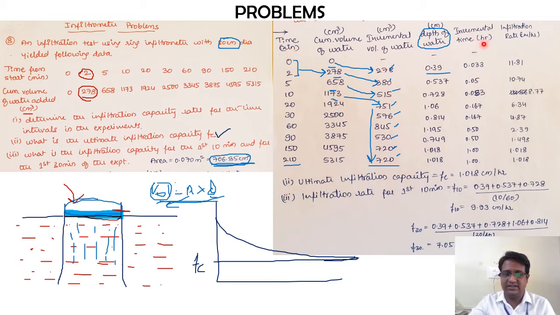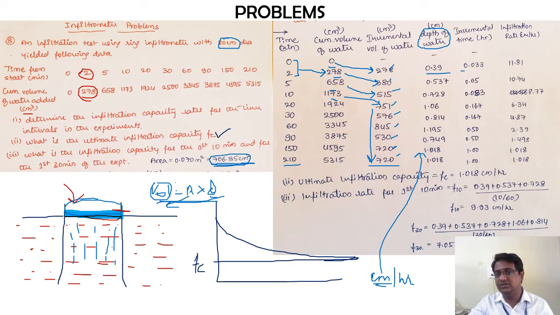So why we are actually trying to calculate this: how you express the infiltration rate, basically it is depth by time. Okay, so depth over here is in centimeter, and the time is in terms of hour. So that's why the depth in terms of centimeter has been calculated in this particular fourth column. Now I want the incremental value of time duration in terms of hour. So that is what we are trying to do in the fifth column over here.